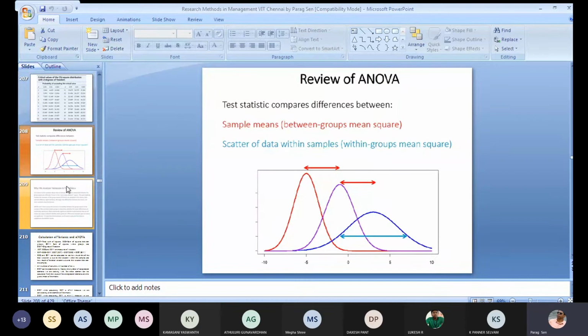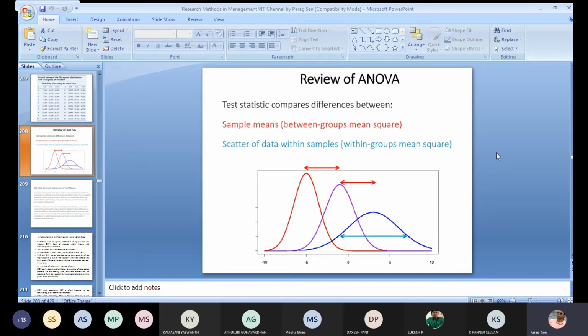Next we will discuss ANOVA, analysis of variance. In case you want to compare two population means, you use a t-test. But there are some statistical obligations because of which, if you have more than two population means, you don't want to compare those with multiple t-tests. Rather, you should conduct ANOVA, or analysis of variance.